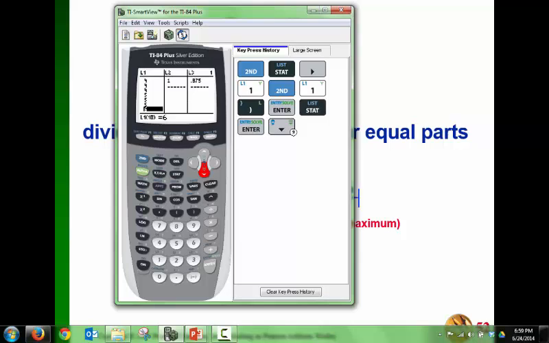L1 parentheses 10, so I'm on the 10th number. And then according to this list, I got 6. All right, now to actually find